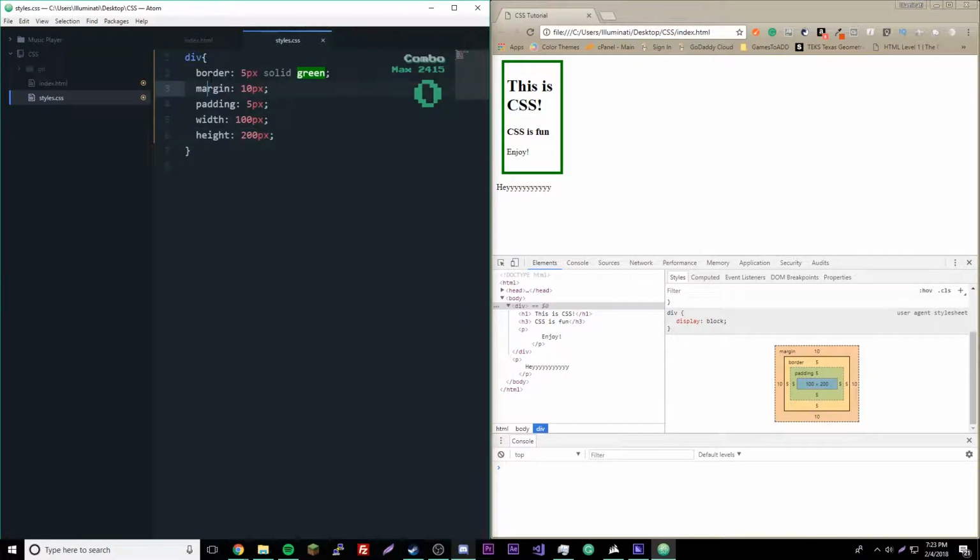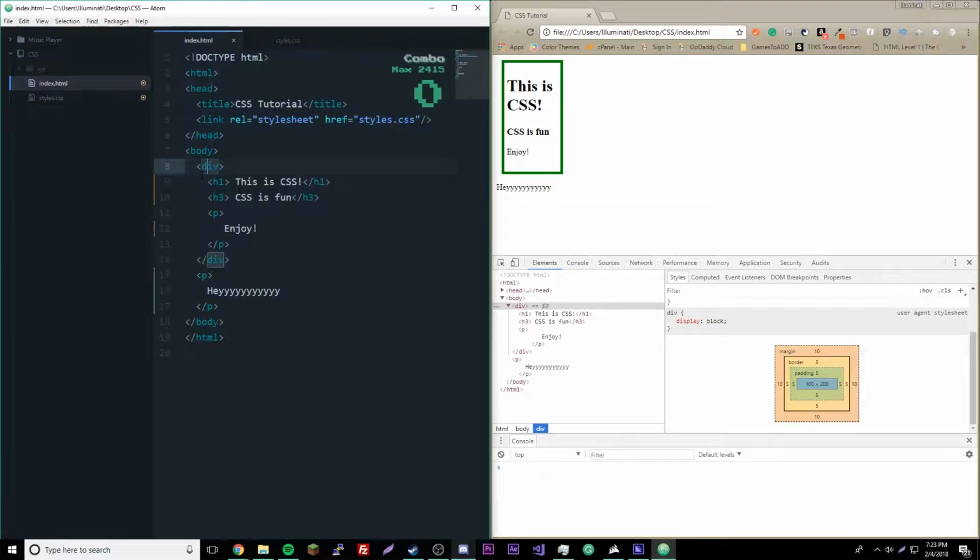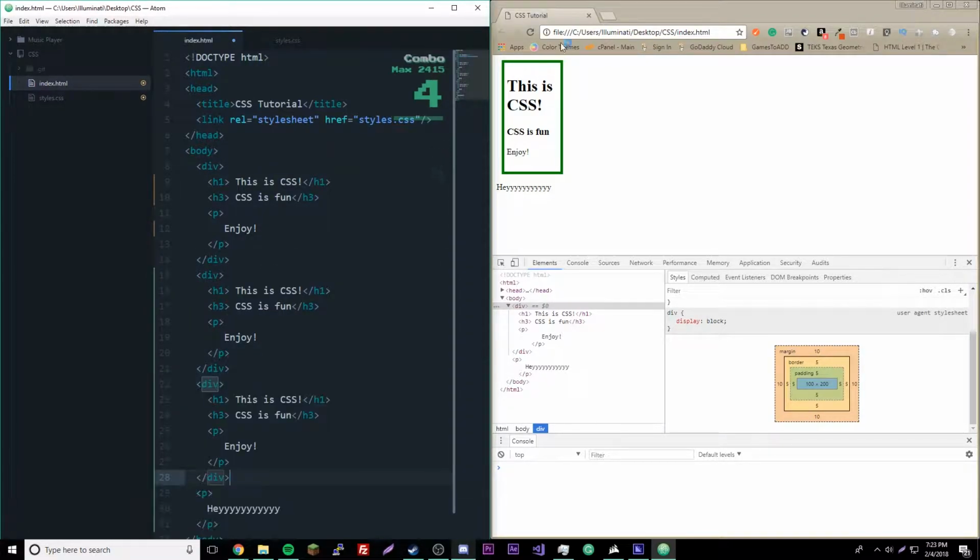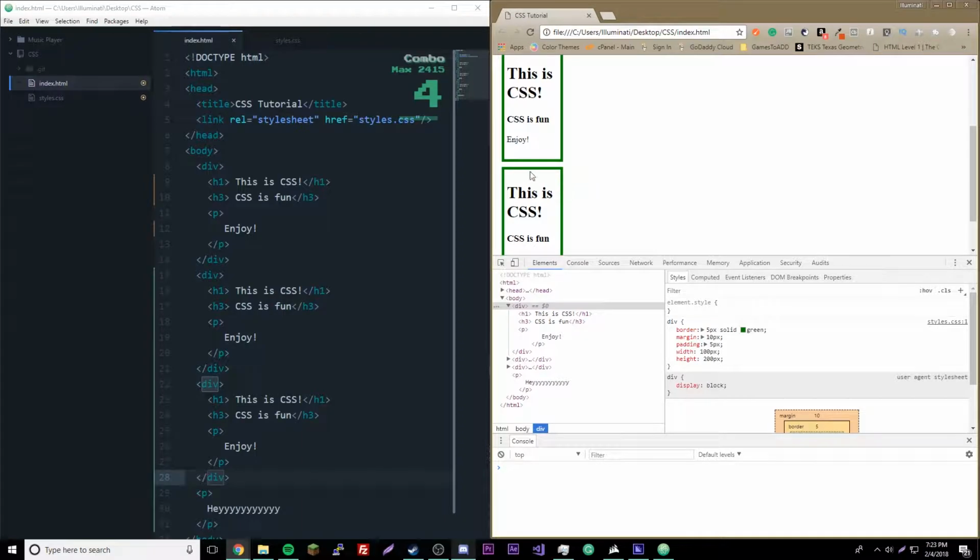So what is the border? We already learned that last episode, but the border is the outlying border. So that's the border. We all know what that is already. So the margin is what's outside the border. It separates, let's say there's multiple boxes, we'll make multiple. It separates it from the other boxes to make it more neat, basically. See, look, they're separated from here,